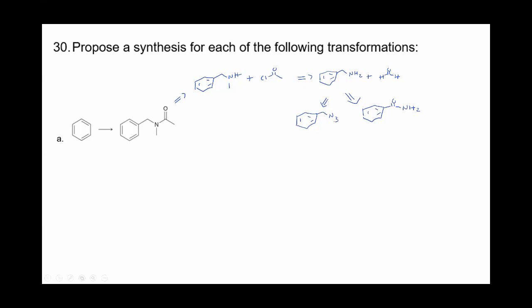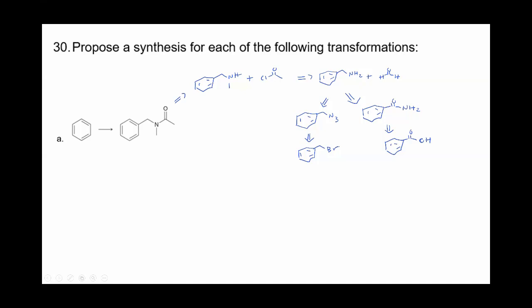Or this N3. And then if you made it from the amide, you would go through the acid chloride or carboxylic acid. We'll just go with carboxylic acid. And from the azide, you could use just the Br. So there's two different routes, but I would say the end steps, the last two steps, are going to be similar there.